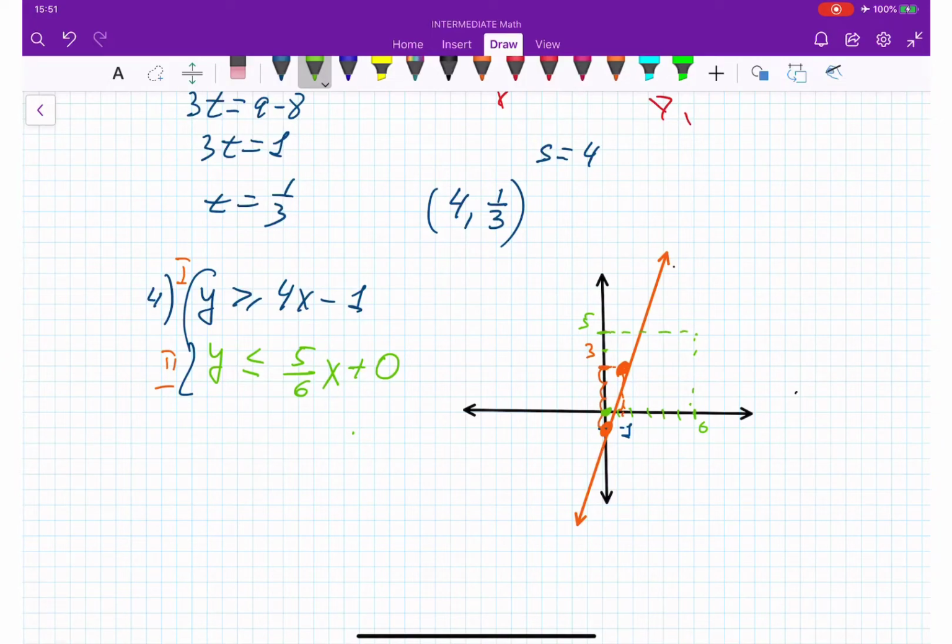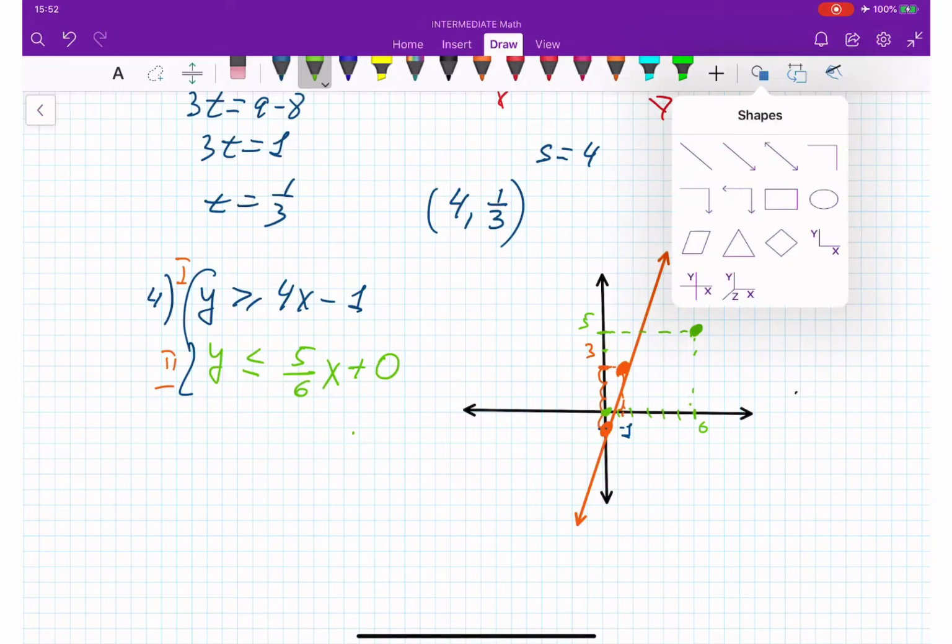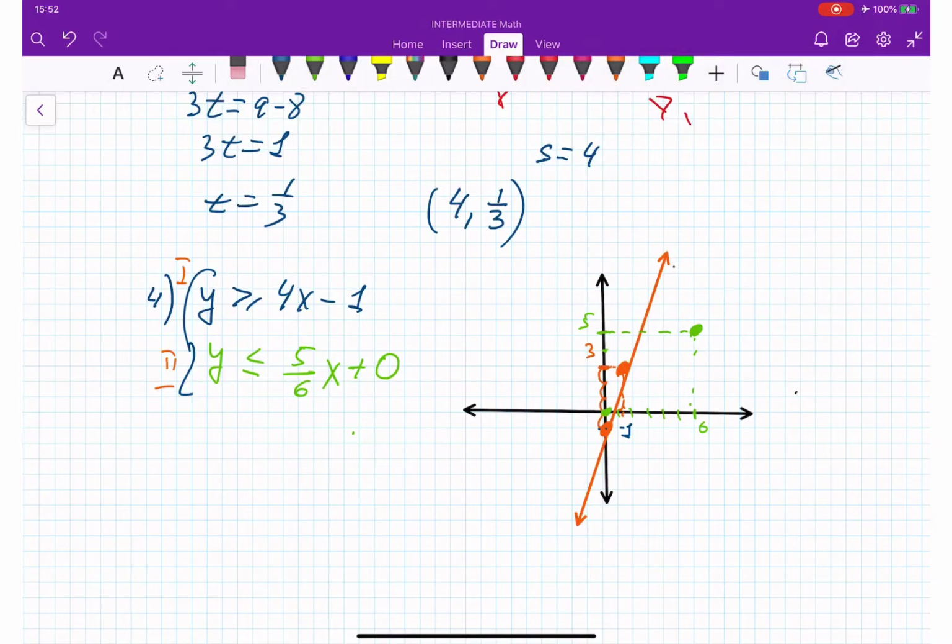Okay, and this is what's going to be our second point. And the graph is going to be